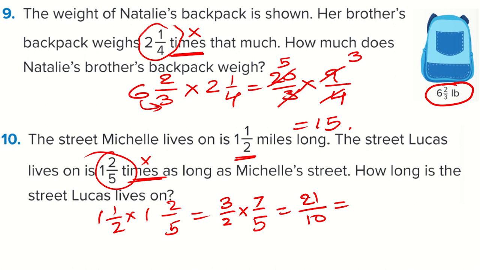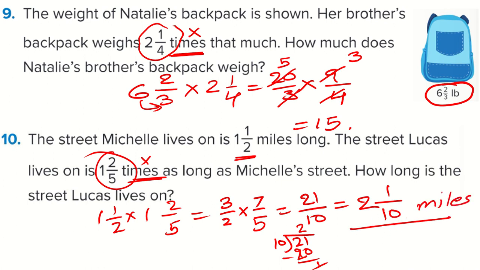Now, again, the numerator is bigger than the denominator. So, this is an improper fraction. You will have to convert it into a mixed fraction. So, what will you do? You will divide this number. So, 21 divided by 10 is 2 times, 20, minus 1 it will be. So, the quotient is 2, 1 is the remainder and 10 is the divisor. So, this is the answer. Okay. Now, next is